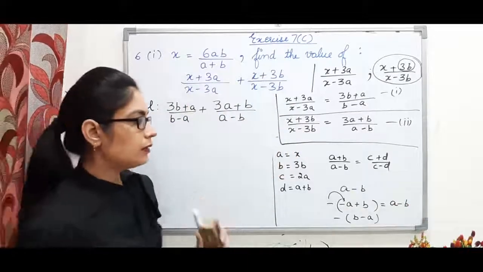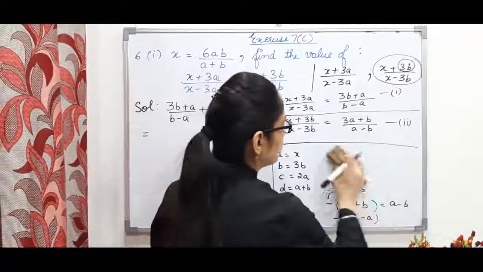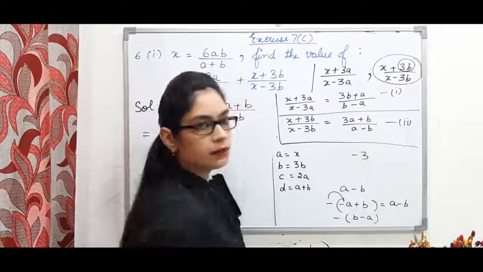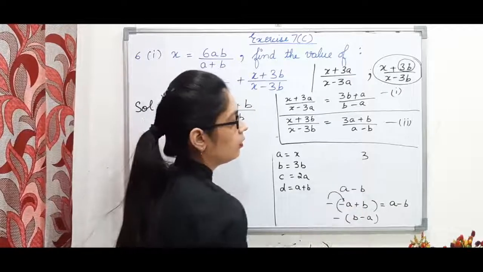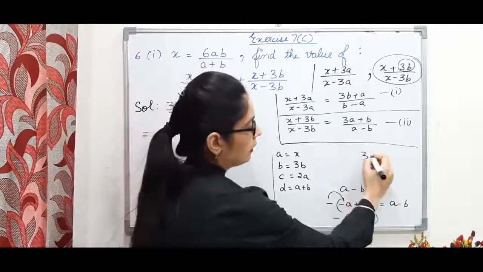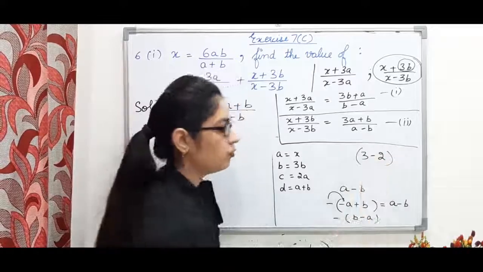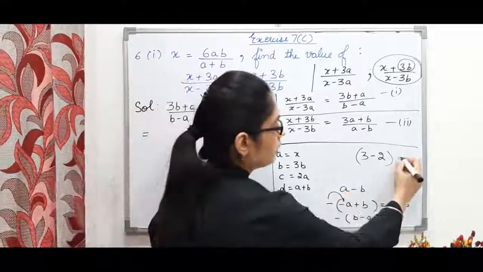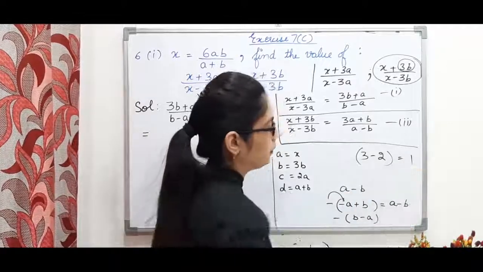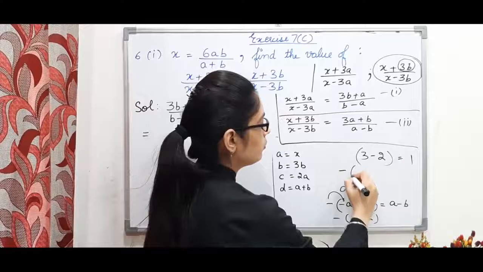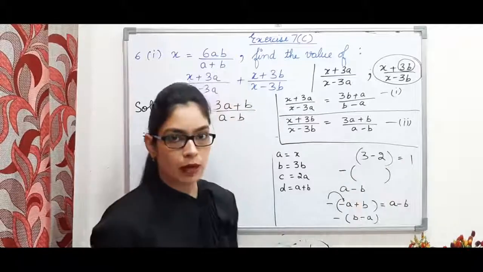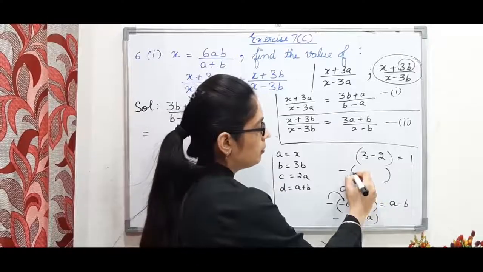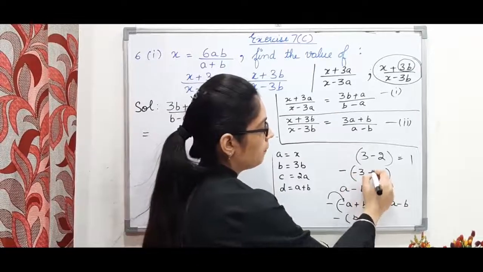So what I have done, see, if I have any number, I'll just write it as 3 minus 2 in the form of numbers. I will explain you. So I have 3 minus 2, which is equal to 1. Now if I write it in this form, minus sign if I take it out, outside the bracket means inner signs I have to change. So it will become minus 3 plus 2.